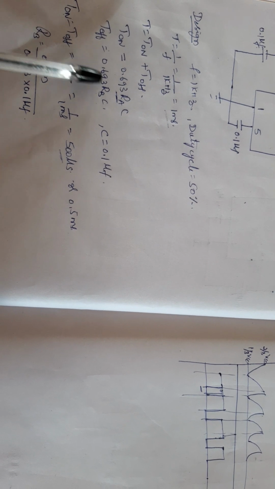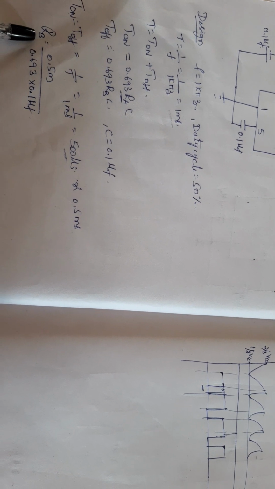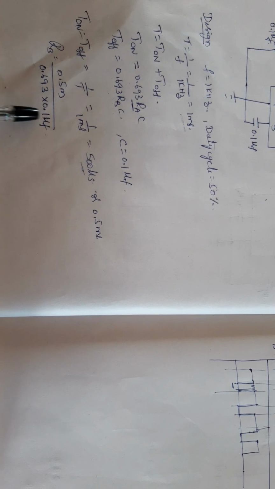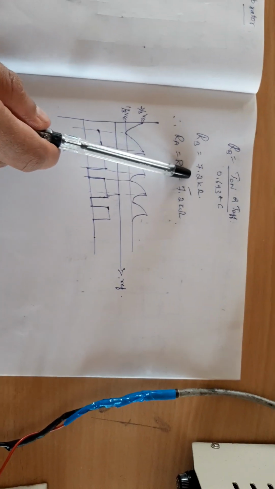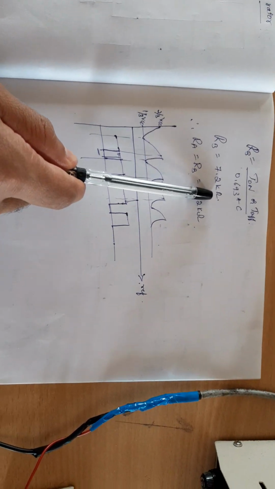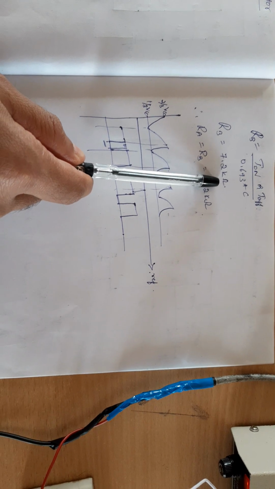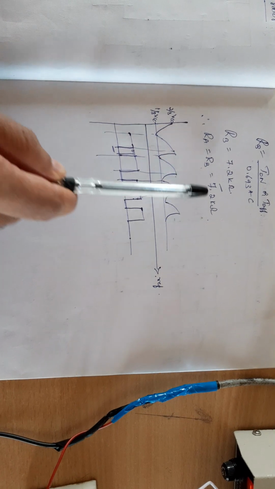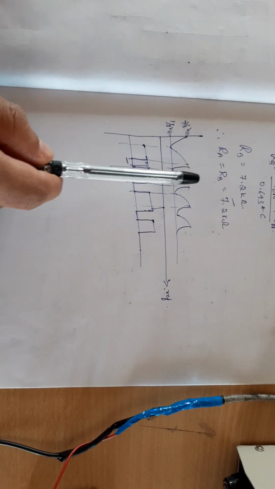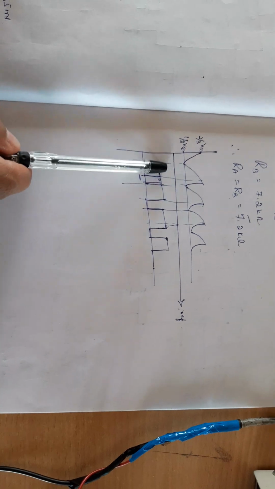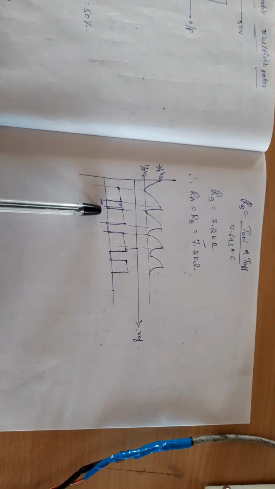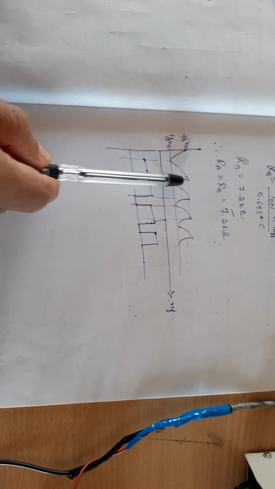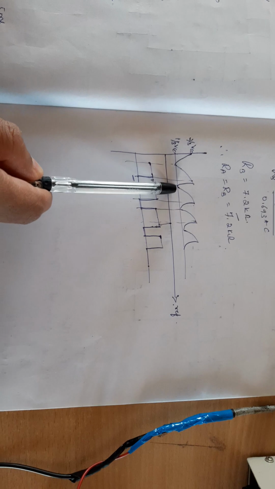So this T off formula can be used to find RB. So RB is 0.5 millisecond divided by 0.693 into 0.1 microfarad. On solving, we are going to get 7.2 kilo ohm. Since we already know that RA and RB are equal, RA and RB will be equal to 7.2 kilo ohm. And we can clearly observe in the waveform, if you connect this, both the on and off cycles will be equal to 50%. But there will not be any change with respect to the charging and discharging of the capacitor. Thank you.